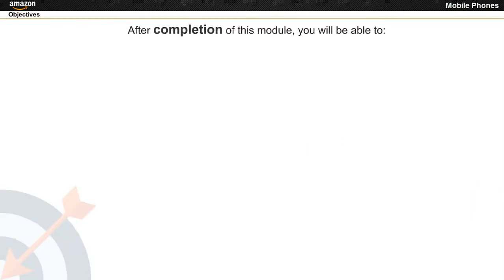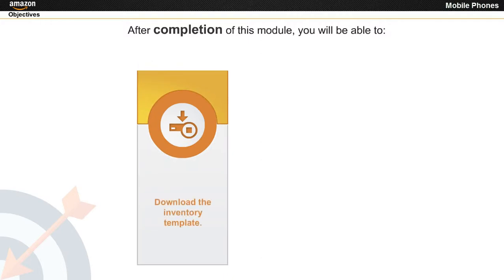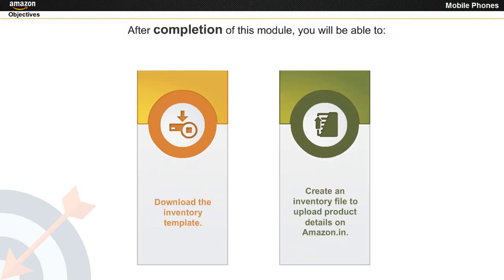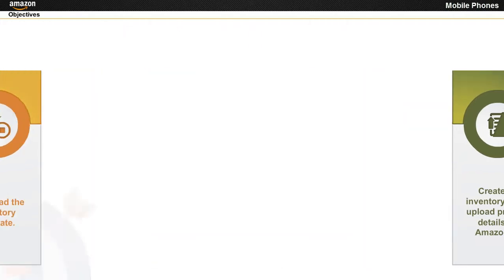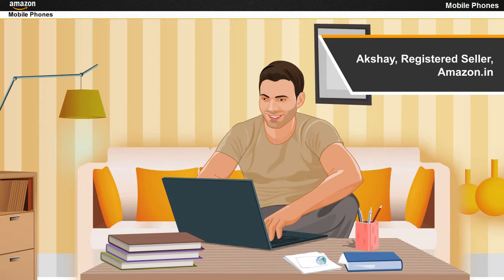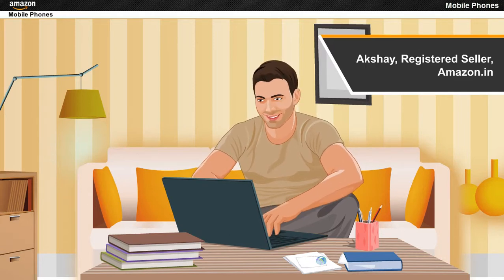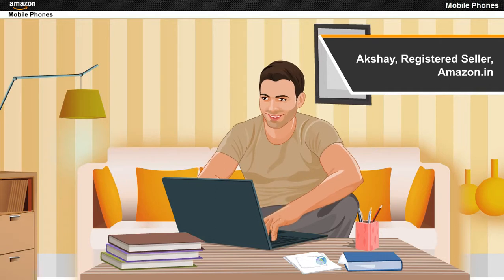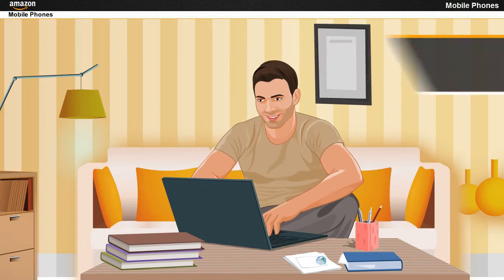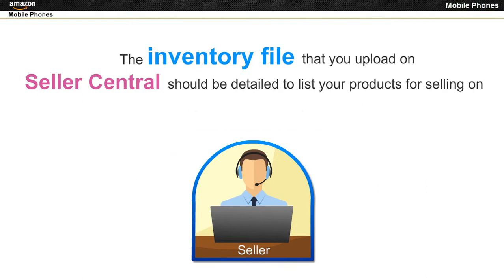After completion of this module, you will be able to download the inventory template and create an inventory file to upload product details on Amazon.in. Akshay, a registered seller with Amazon.in, wants to create an inventory file for a product belonging to the mobile phones category. The inventory file that you upload on Seller Central should be detailed to list your products for selling on